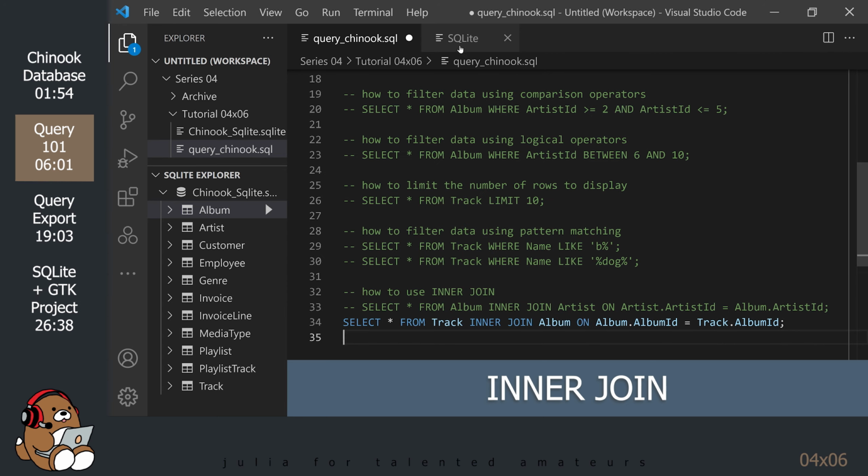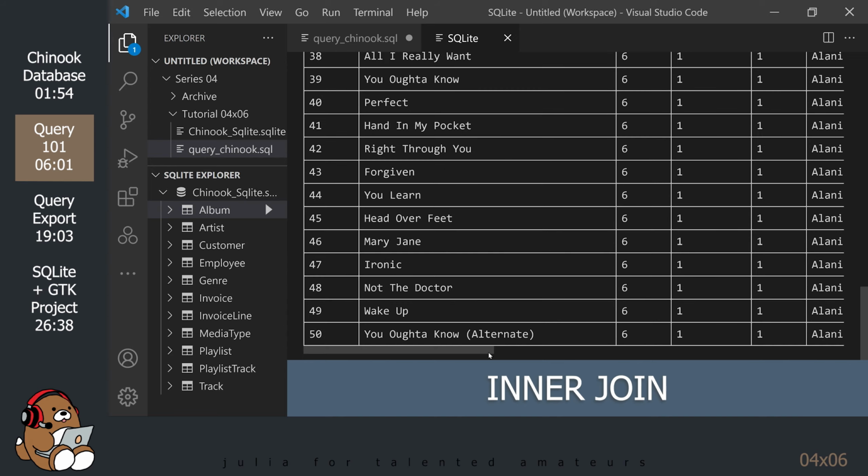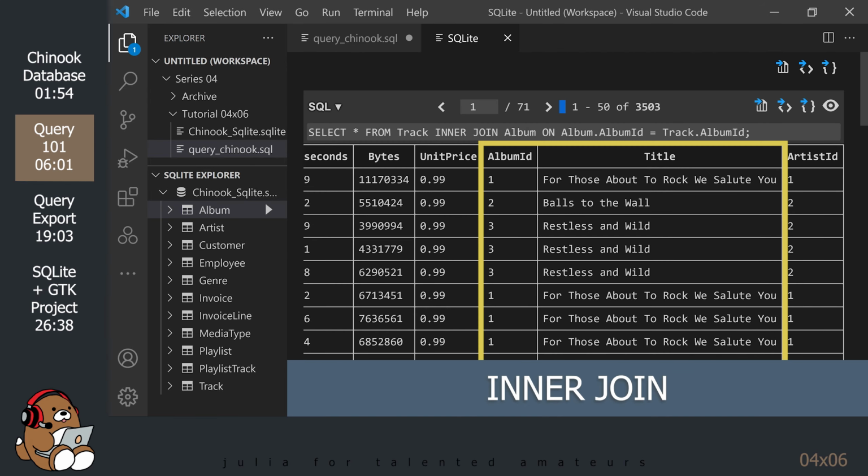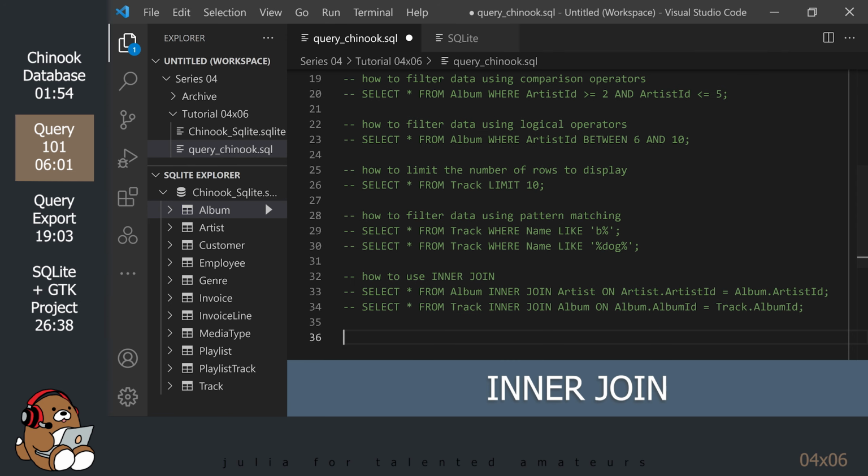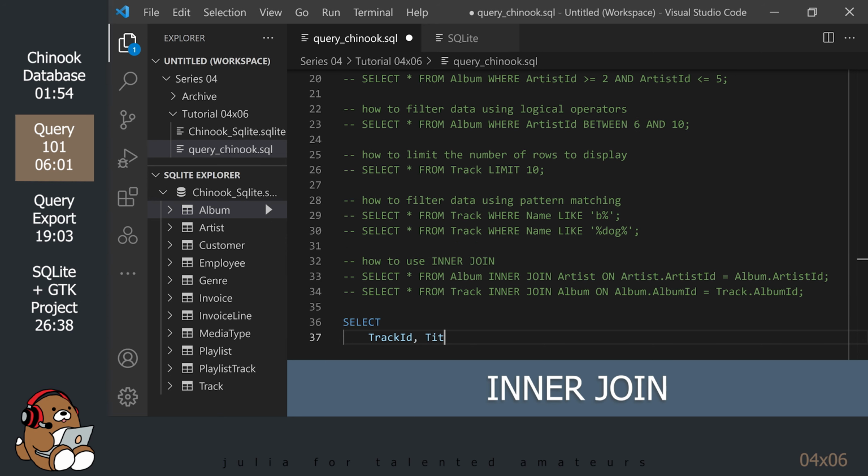Again, if you scroll all the way to the right, you'll see that the album title information has been added to the track table. Since there are so many columns here, our query is becoming harder to read. So rather than using the star, let's just pick the columns that we're interested in seeing.